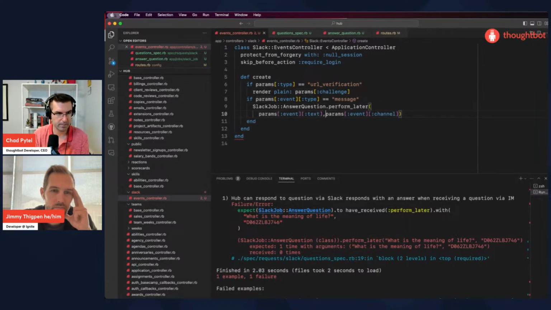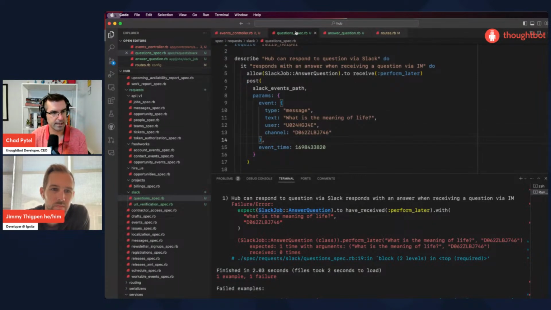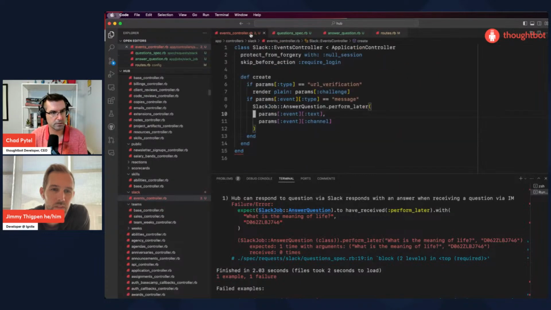I'm just going to fix the indentation and then look at the spec. Event text, event text, event channel, event channel. Okay. So this is not that great because we're digging through here, and there might not be an event.